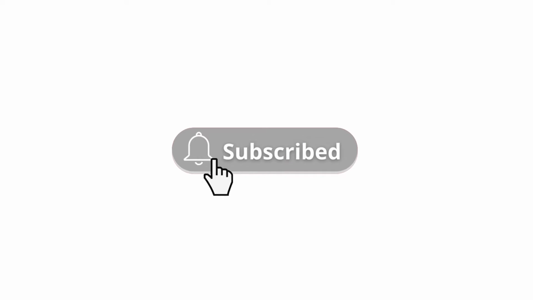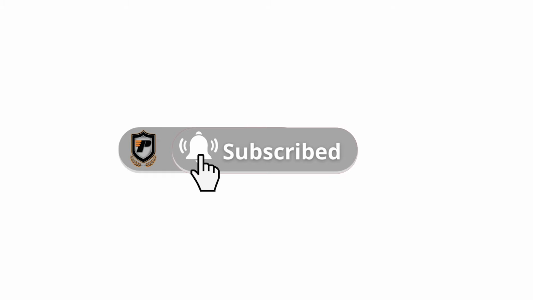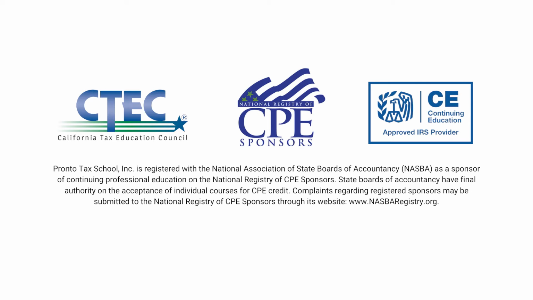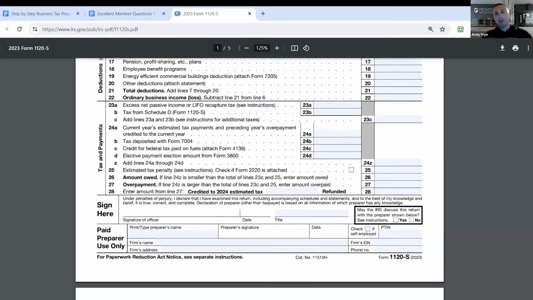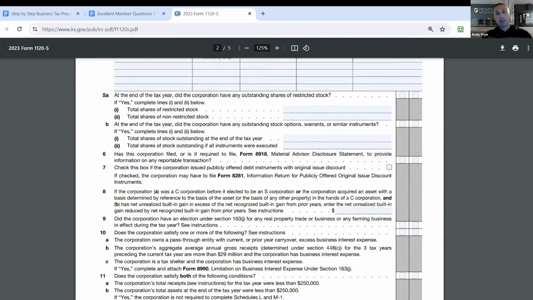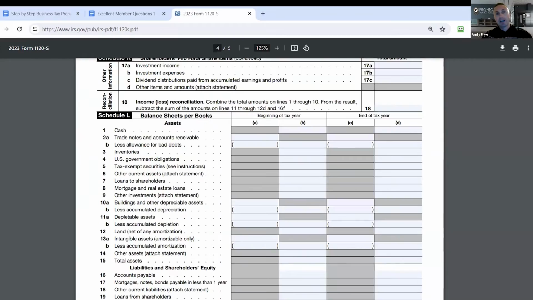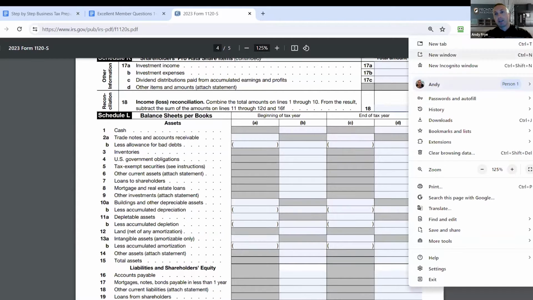So here's the 1120S, right? This is all the first page, right? Here's the gross income, sales. Here's all the different expenses. Here's going to be your net income down here. There are some other pages that are important, but as Payosha is noting, this page right here, the Schedule L